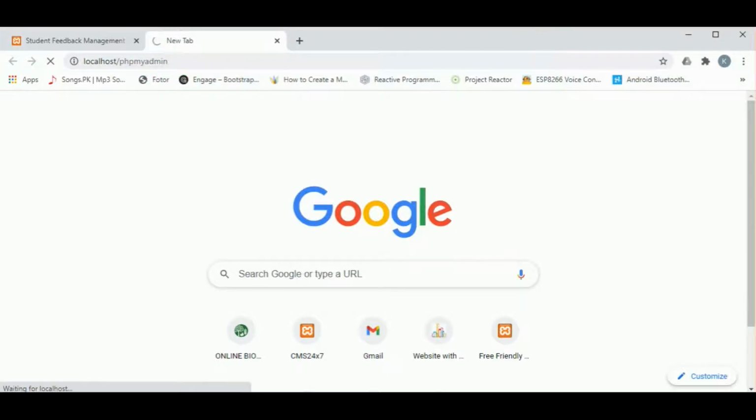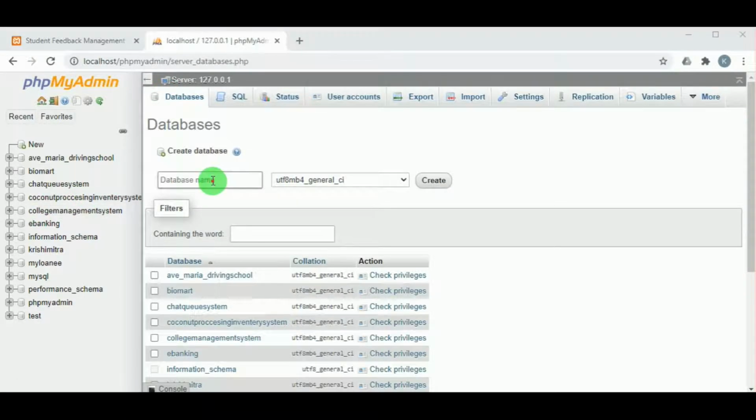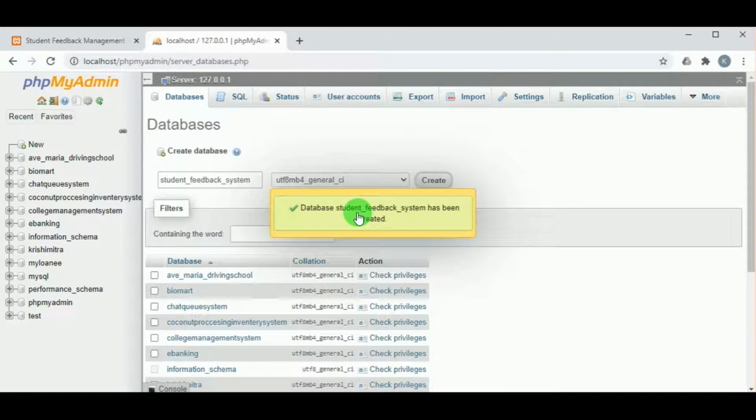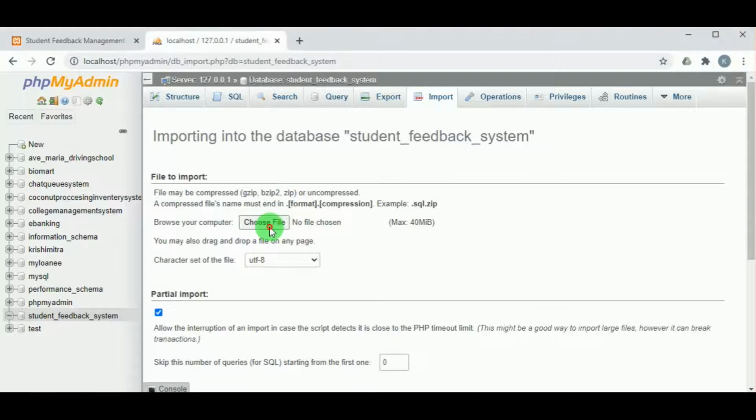Now let's open the database. Under databases, we have to create the database. The database name should be the same as the database file that you have. Once the database is created, click on import and click on choose file.